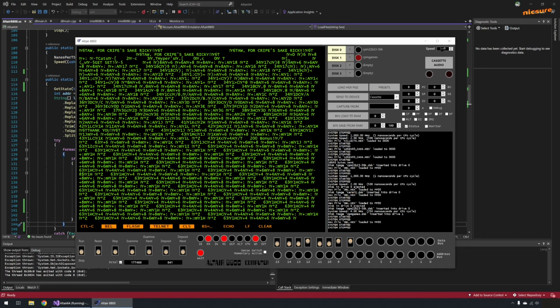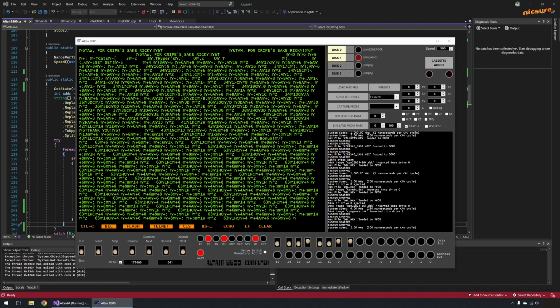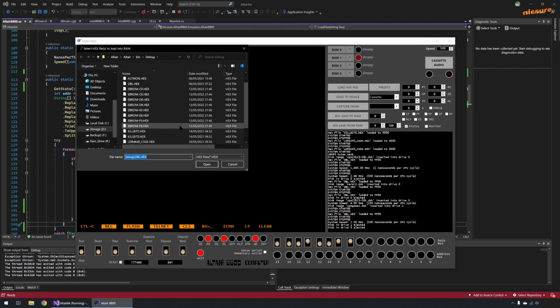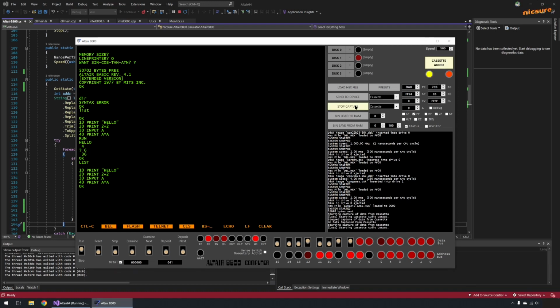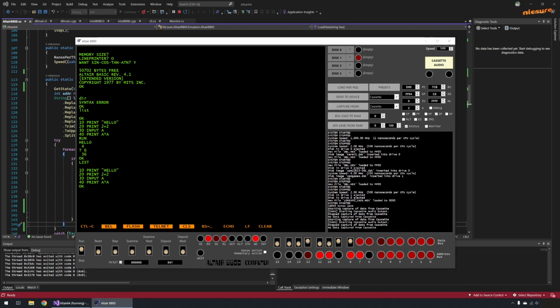Okay, one more thing that I've put in here, which is pretty much pointless, but I wanted to do it. Get this back to normal speed. What I'm going to do is load BASIC again. If I write a small program here, let's say I wanted to save that to cassette, so plug a cassette recorder into the computer. I can turn cassette audio on and see, we get a tone. So if I type csave,